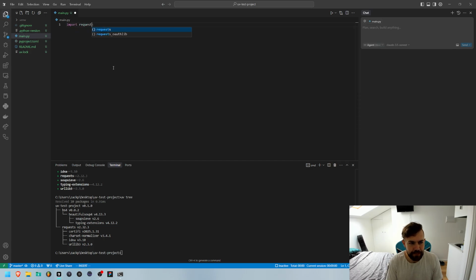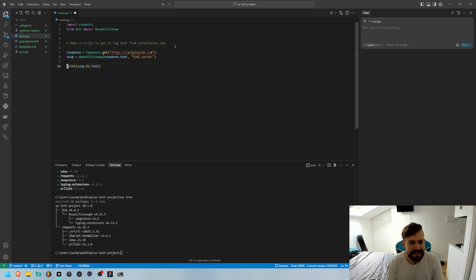So import requests, that's for sending HTTP requests, and then Beautiful Soup is for actually parsing HTML and getting data from it. So I'm just going to say make a script to get h1 tag from zachplochet.com, h1 text, like that, bloop. And now that we have our script,